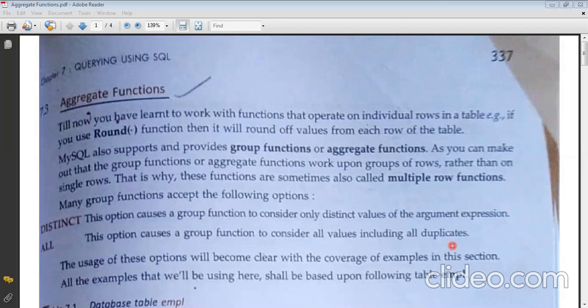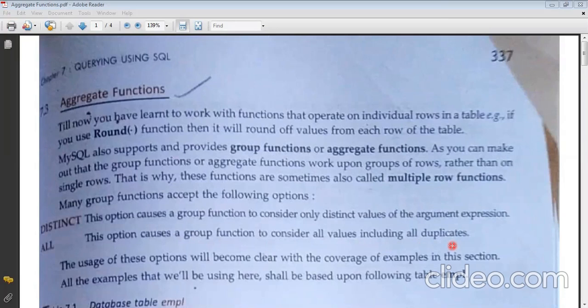As I have given you the example before, the answer to the ALL keyword will be your 6. It will take all the values, all the professions listed over there. One profession, like salesman, might be repeated thrice or 4 times, but it doesn't matter, it will count all 4 times. But with DISTINCT, it will not count all 4 times, it will consider only 1 time for that profession. It will remove all the duplicate values and not count them.